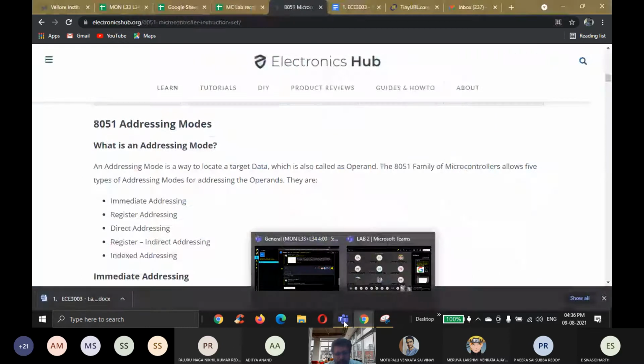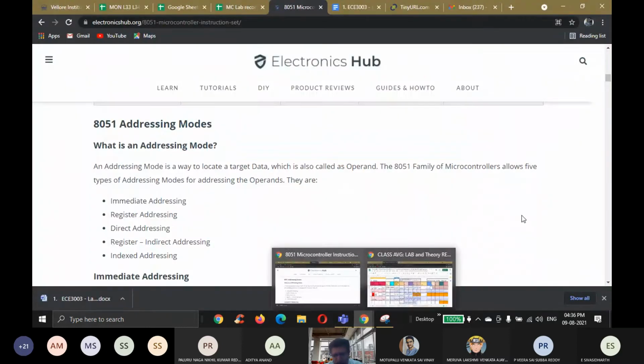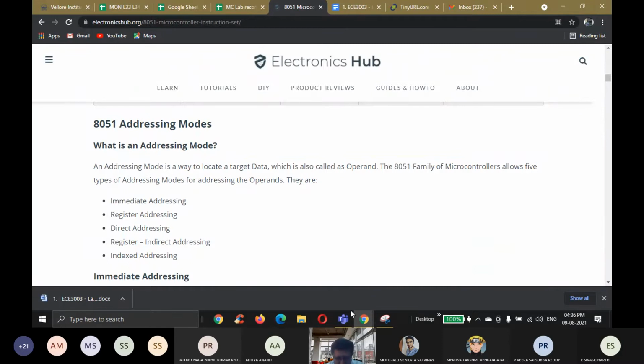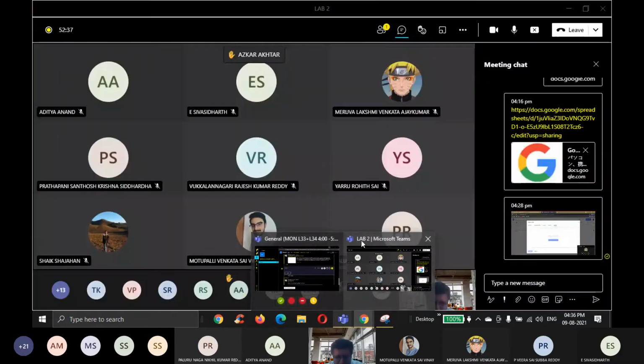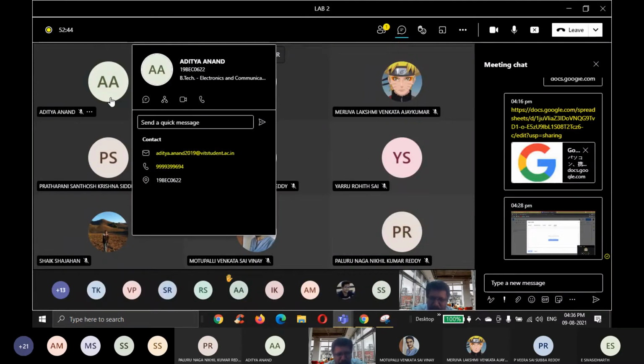Okay. For example, how to remember these addressing modes? I want to call a particular student, let us assume in the class. How can I address you? Aditya Anand. If I want to call Aditya Anand, either I can call him by his name, Aditya Anand, please respond to me. Second method, if I know his registration number, 19 BEC 0622. Aditya, is it correct? Yes, sir.